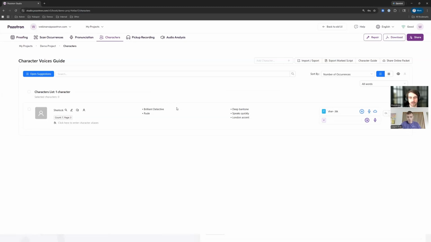What's nice about this is it will keep it all in one place. It also stores these characters for you to reference, especially if you're doing a series of audiobooks, having the characters from book one, moving them to book two, which is our transfer research functionality here. This allows you to never forget a voice, to have to re-research a character, and also to remain consistent throughout an entire series. So let's say I'm doing the research for Sherlock Holmes 1, and I don't actually know the titles, maybe I should, but let's say I'm now working on the sequel,